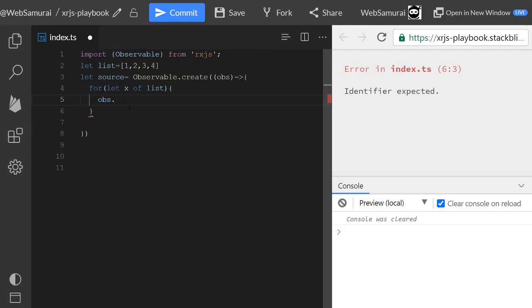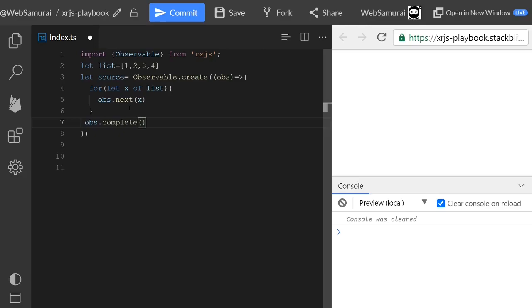This is similar to the observer we can pass as an object in the subscribe method; this create method holds that observer and passes the value to it. After that I call the complete method of the observer, obs dot complete.